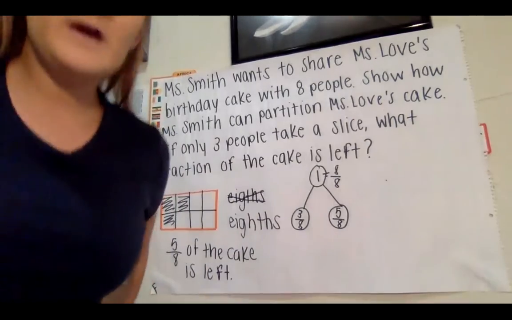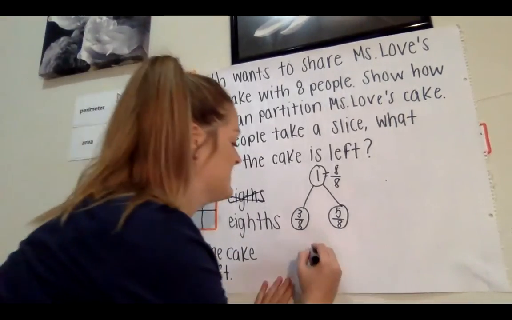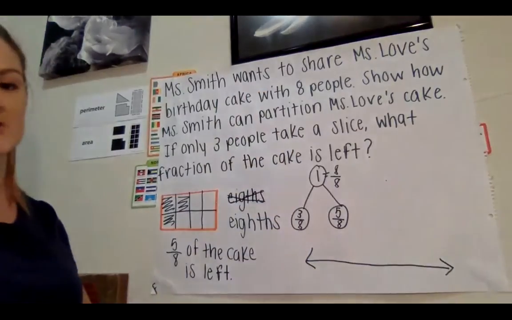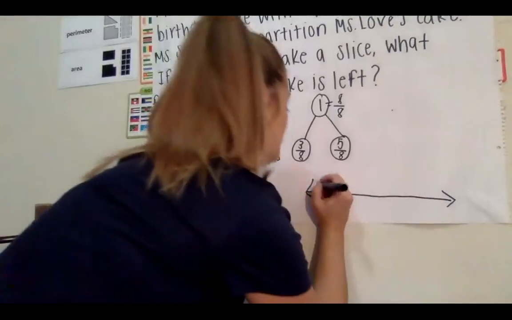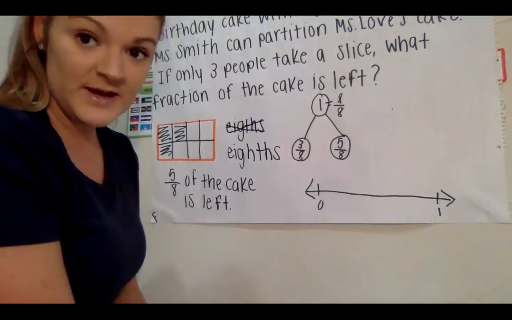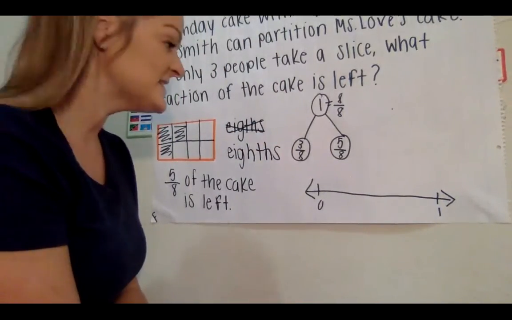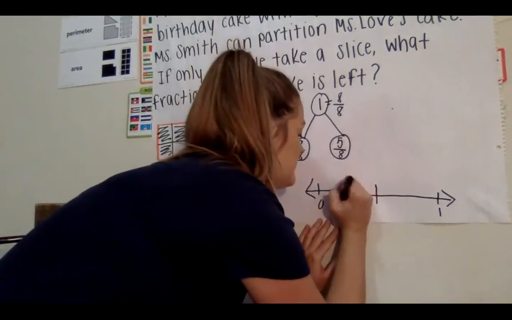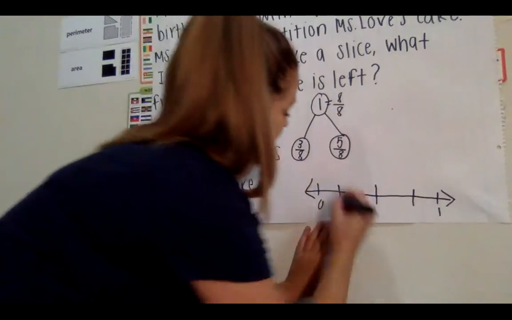Now, if I wanted to, I could also show this as a number line, just like we've practiced a little bit this week. I'm going to start my number line at 0 to 1. And I know I need to partition my number line into eighths, so I'm going to draw 7 lines. So in fact, I'm going to do halves, then I'm going to go to fourths, and then I'm going to